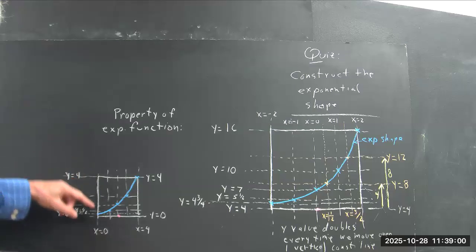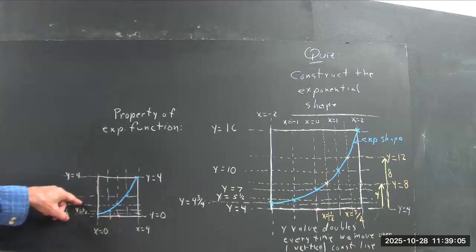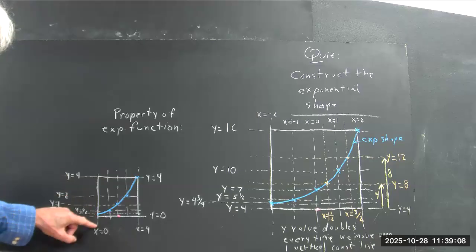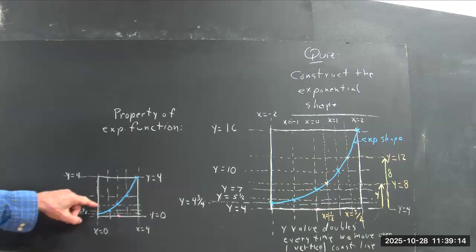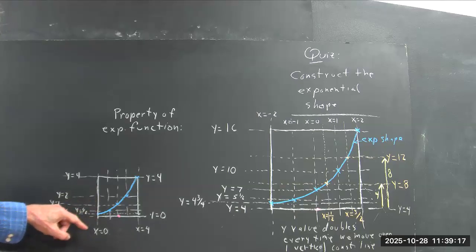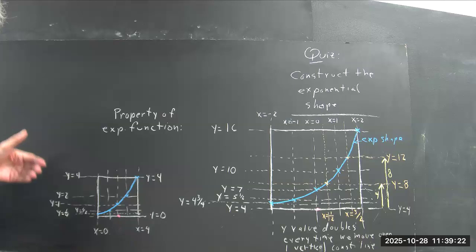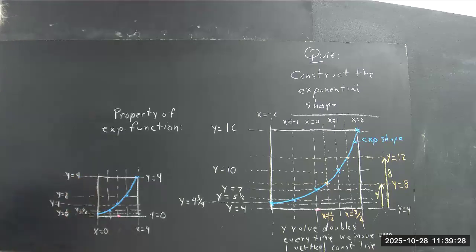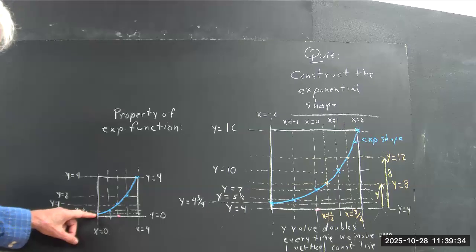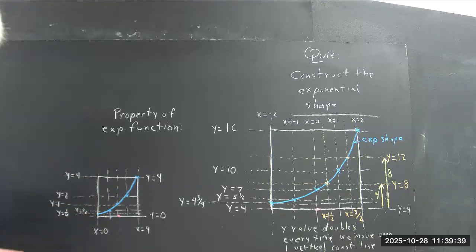Now, from the y equals 4 line down to the lower edge, if we go halfway, we'll be at y equals 2, right? And halfway from 2 down to the lower edge at 0 is 1. Halfway from 1 to 0 is 1/2, and halfway from 1/2 to 0 is 1/4. So 1/4, 1/2, 1, 2, and 4 are the values. And every time we move over 1 unit, we double the y value. The y value at the leftmost point, the point on the left edge, is 1/4. The y value on the next vertical construction line, which in this case,